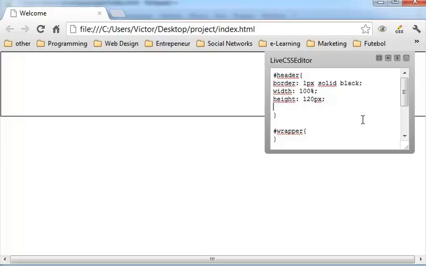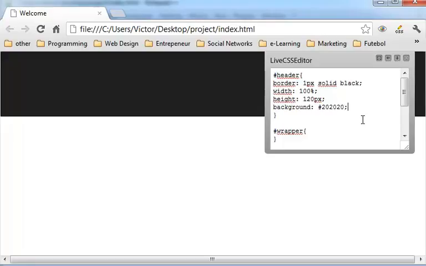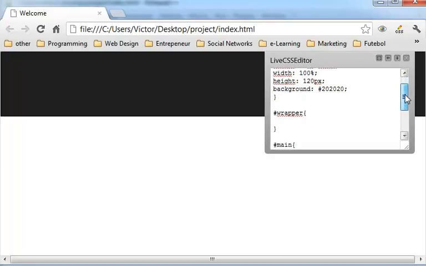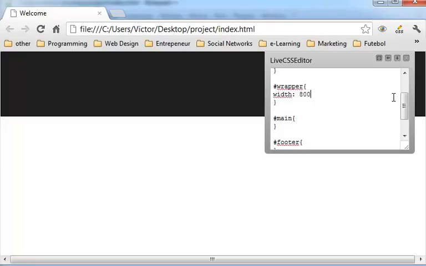Now let's edit the background. Let's give it a dark color, 2020, and there it is. Okay, awesome. Let's go to the wrapper now, and here the wrapper, let's give it a width of 800 pixels. The height is going to be auto,